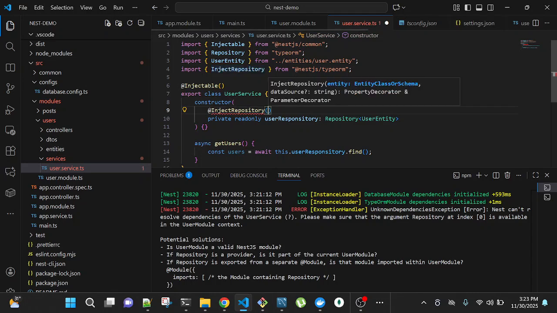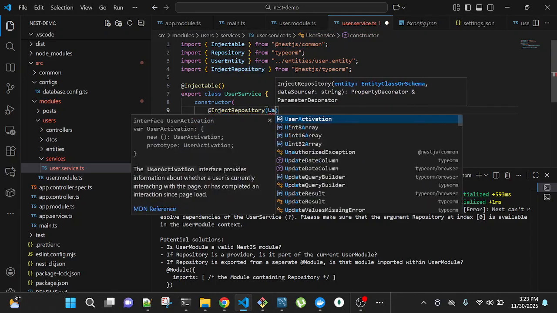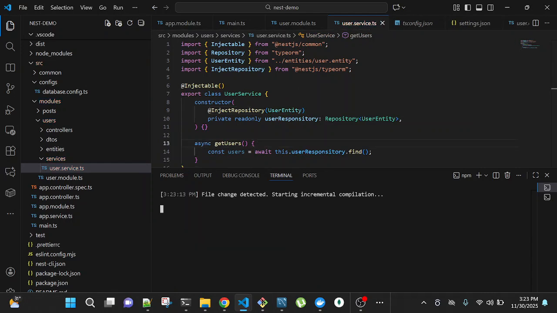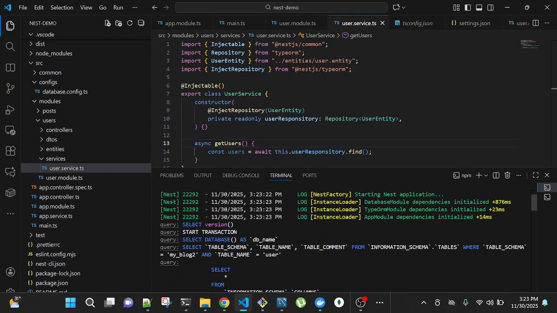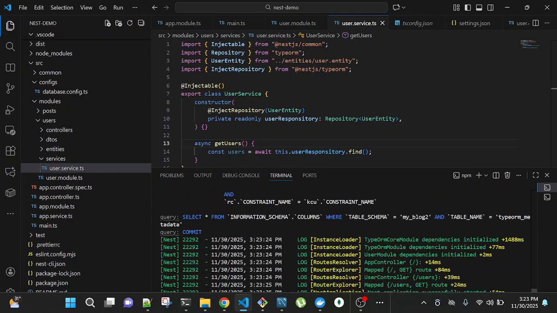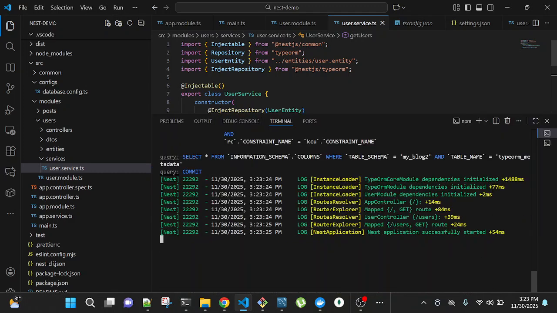Then we'll give it the user entity class. So with this now, this error will disappear. It will properly inject the entity we are using. So everything is good.